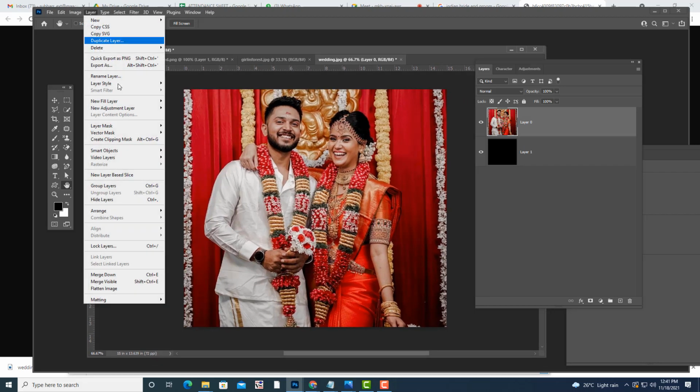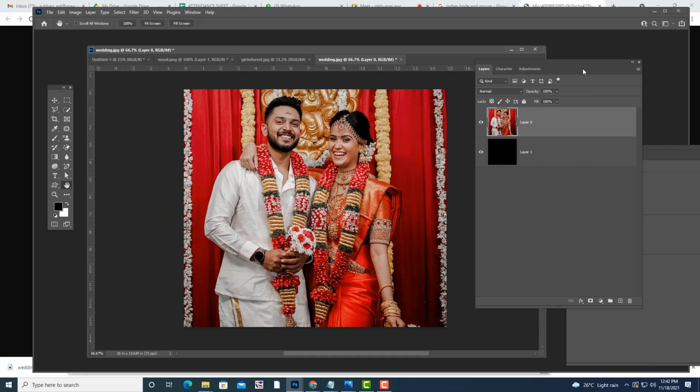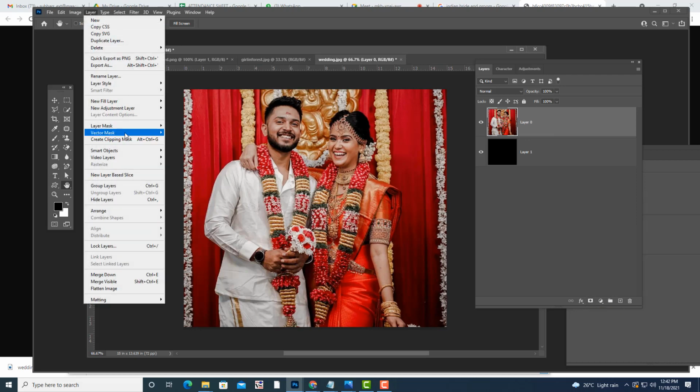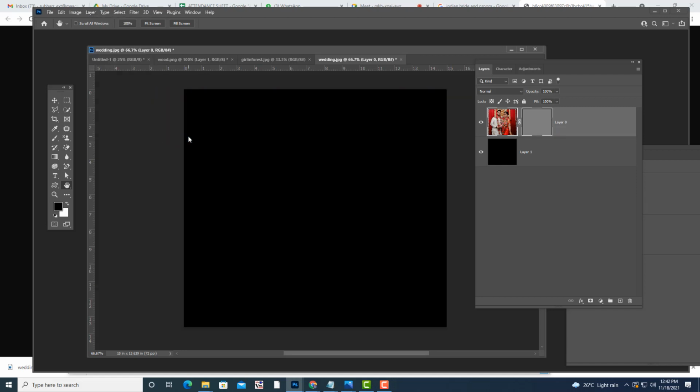So how to apply vector mask? You can also apply vector mask hide all. And in case you want to apply vector mask from layers panel, you have to hold control and click. So this is the vector mask. But we will do one thing. You go to layer, vector mask and hide all. This is vector mask, remember, not layer mask. So if you get this kind of grey color thumbnail, it means it is a vector mask.